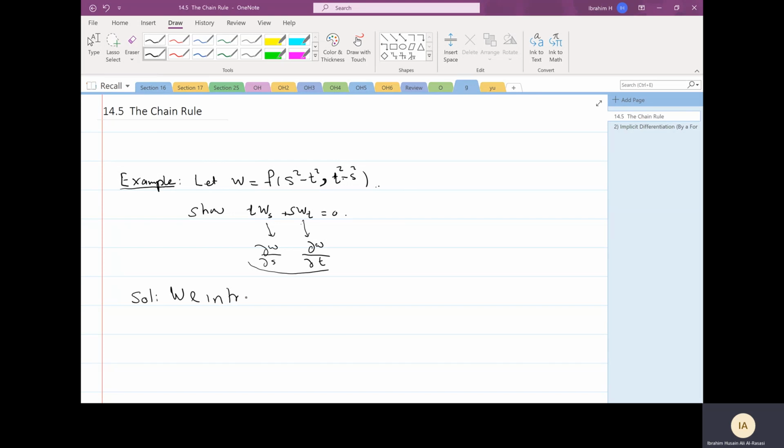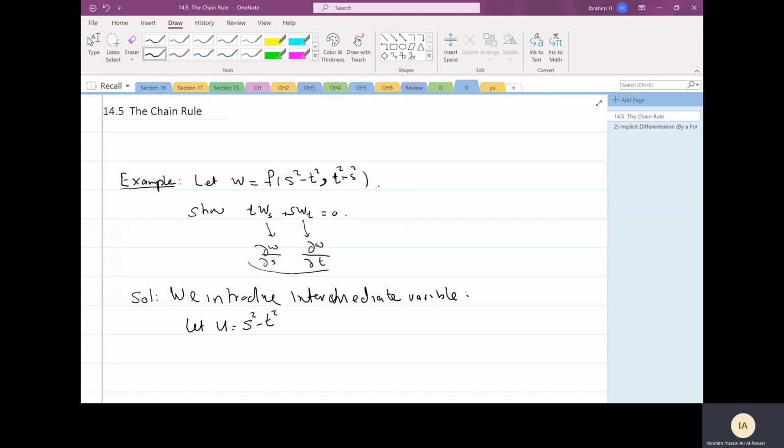Let X equal the first function inside f, S squared minus T squared,